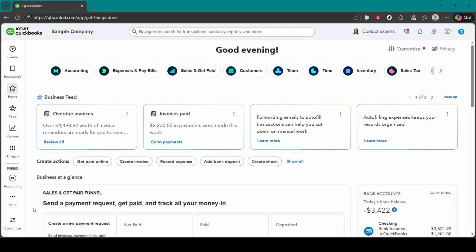Disconnecting a credit card in QuickBooks stops the bank feed from bringing in new transactions. It does not delete the account from your books, and it does not remove any transactions that have already been added or reconciled. This is helpful if you're switching banks, troubleshooting connection issues, or moving to manual entry without losing